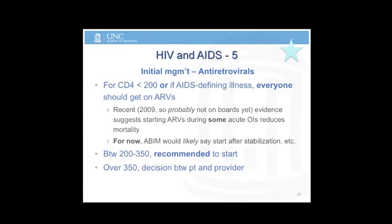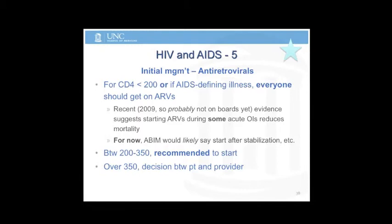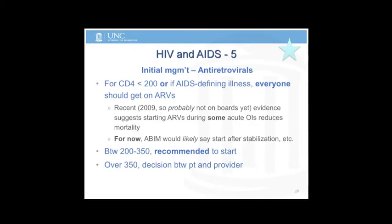It's unclear to me if that's actually going to make it onto the boards because it is relatively new, and I don't think that it is clinical practice, but it's not widely publicized yet. And the OIs were like pneumocystis. Pneumocystis was the overwhelming OI in there. It breaks down for crypto or for TB meningitis or for tuberculous disease of the lung or extrapulmonary TB, because it's unclear if you have a closed compartment, if you get IRIS, if the person could hemorrhage and die or herniate and die. So that's where things sort of break down. I think that for